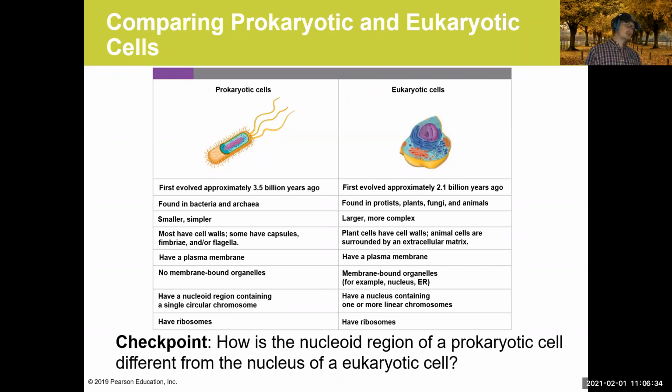And then all cells will have ribosomes, because ribosomes are important for making proteins, and we'll learn all about that when we talk about the individual components, the individual organelles of eukaryotic cells. And so